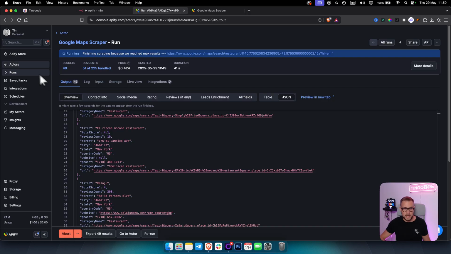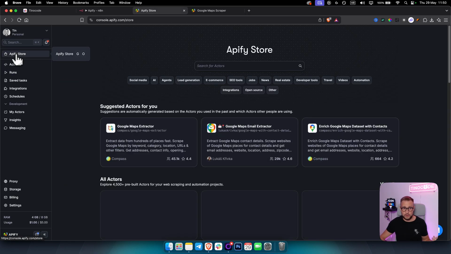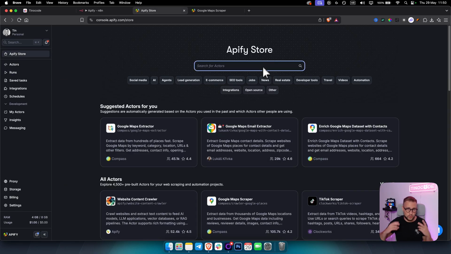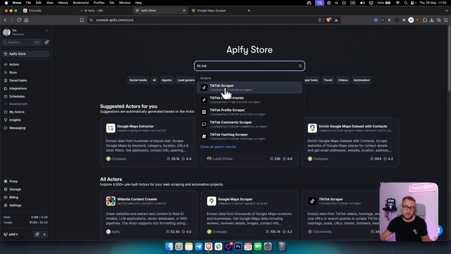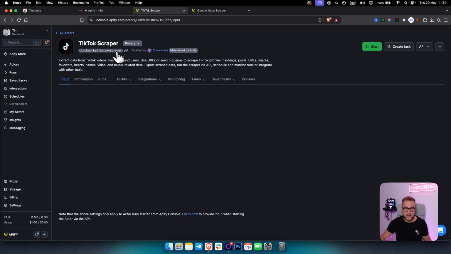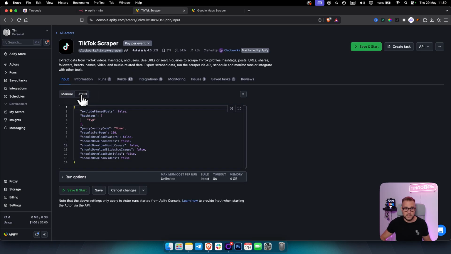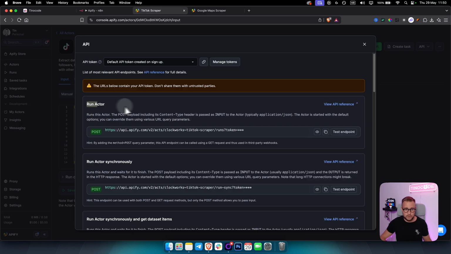That's how it works. If you want any other actor or scraper, because as we talked about, actor equals scraper, scraper equals actor in Apify. And if you want to get any actor here, you can just type in TikTok, for example, and here you have TikTok scraper, which is another actor you can use. And again, you have JSON. This is the body. Here in the endpoints, you can see you can run the actor